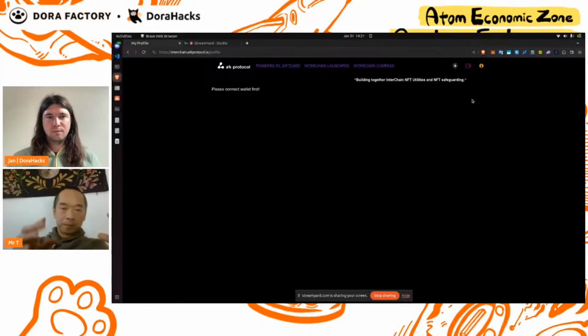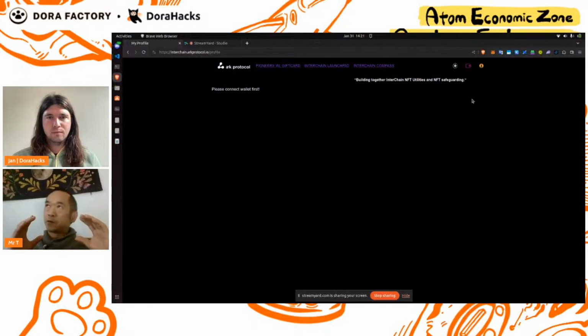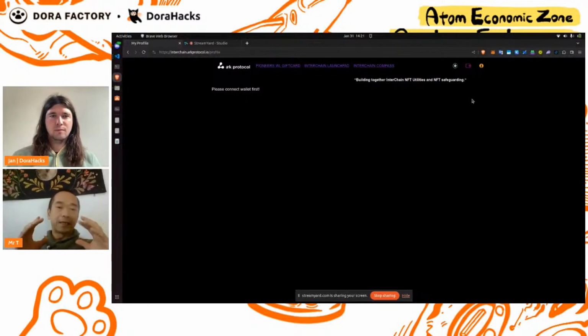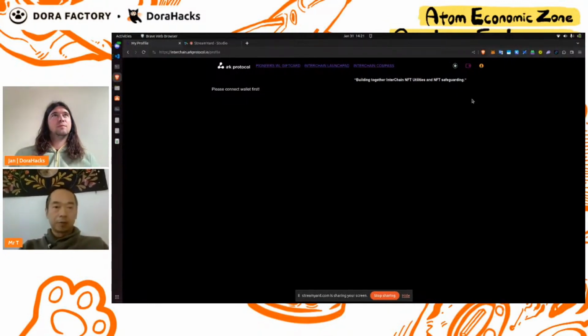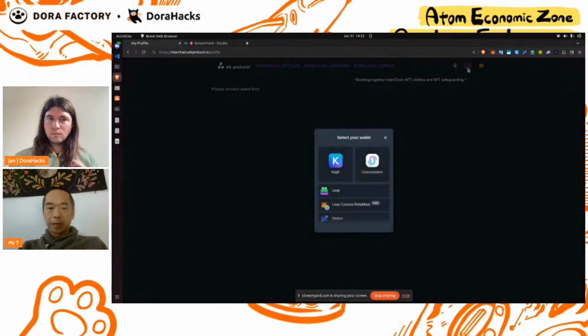So of course we had to start with a very technical foundation. The technical specification is ICS 721, aka interchain NFTs. This allows you to transfer an NFT from one chain to another chain. Simple like that. So what you can do is connect your wallet,